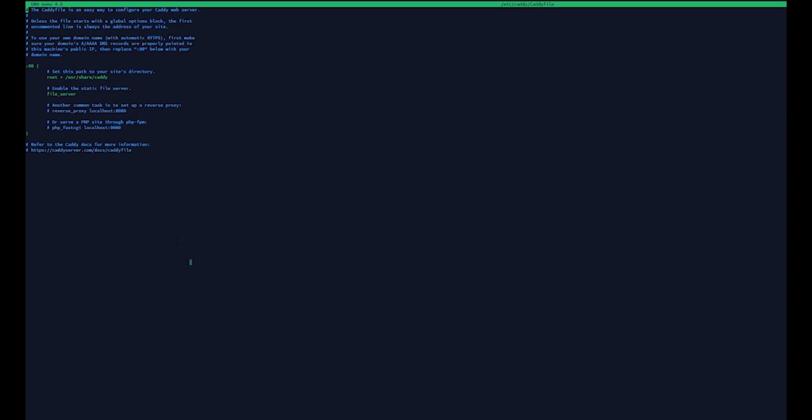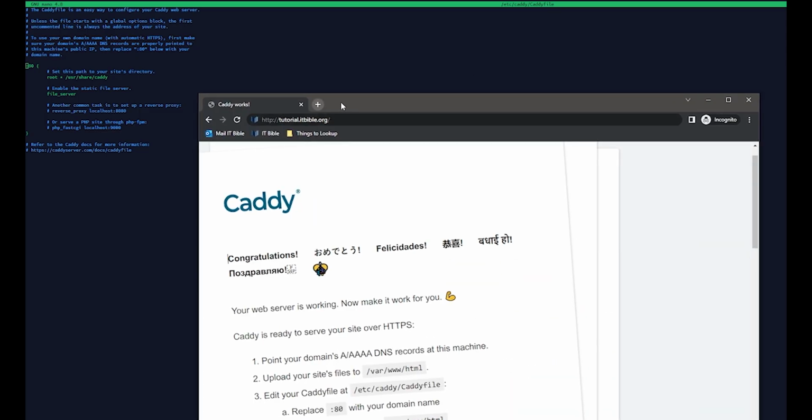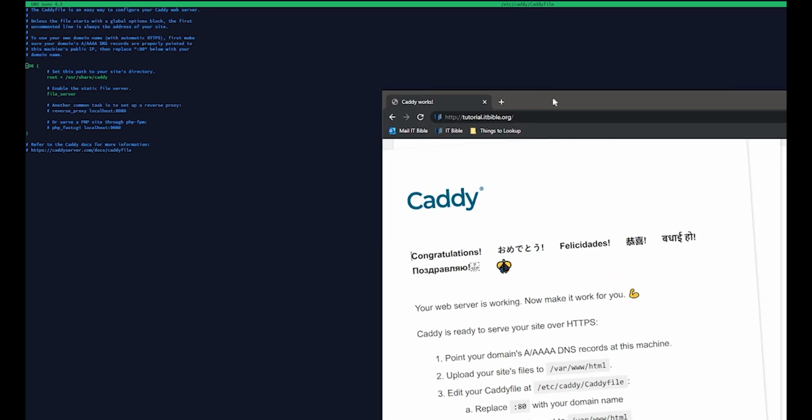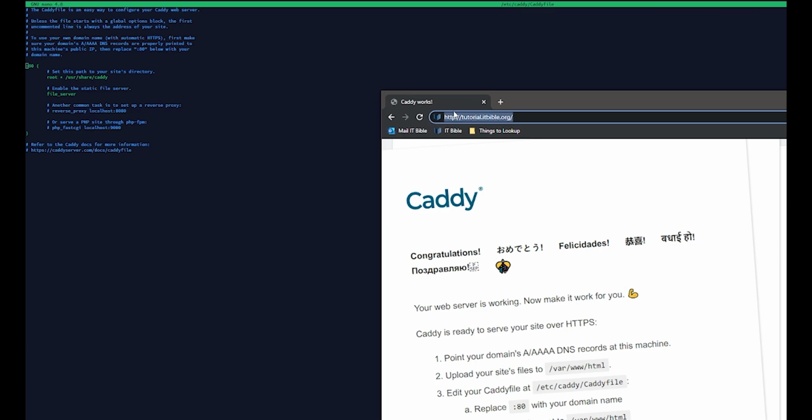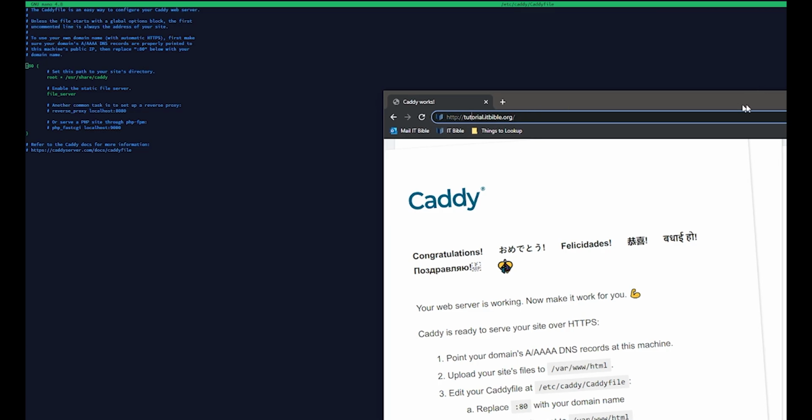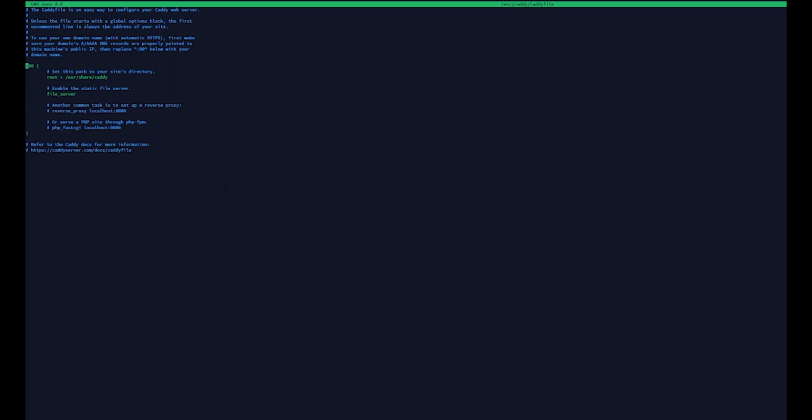So first, let's do a redirect. So we want, if you go to the IP of the server on port 80, you'll get the Caddy page. Well, you can see, if you go to just port 80 with no domain, you would get the same page. So let's go down here and we're gonna do some new lines down here. We're gonna go to, say, tutorial.itbible.org, and I'm just gonna keep it simple for now, port 80, and we want to redirect, so redir to